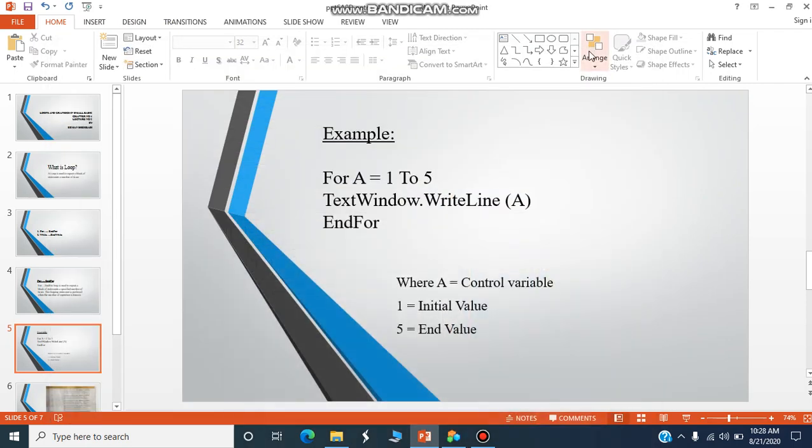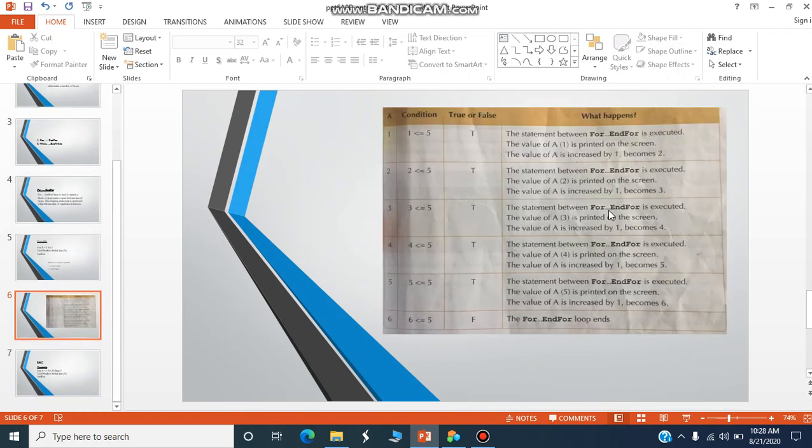There is also a simple table for your better understanding. In this table, you can see the condition is given, whether it is true or false, and what happens. First of all, your initial value was 1 and your ending value was 5. In this condition, 1 is less than or equal to 5. Of course, it is true.